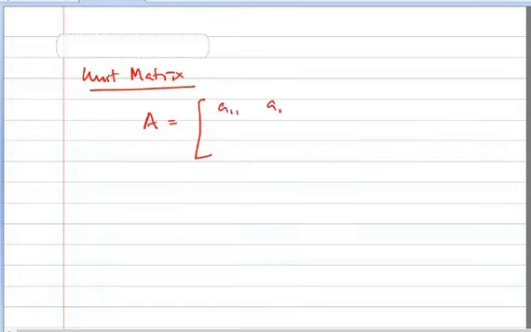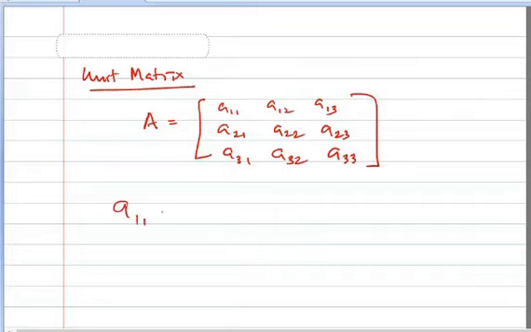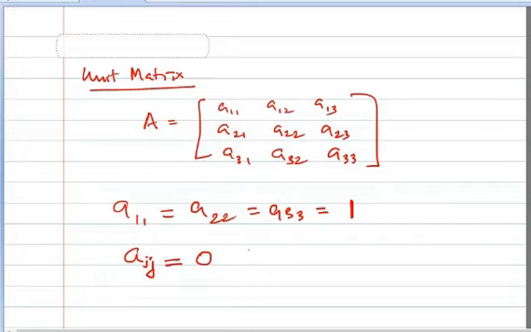Next is the unit matrix. You can even call it the identity matrix. In a unit matrix, all the diagonal elements are 1. So if I have a matrix like this, A11, A12, A13, A21, A22, A23, A31, A32, A33, the elements A11 is equal to A22 and that is equal to A33, all three values will be equal to 1. And the remaining values, that is A_ij,